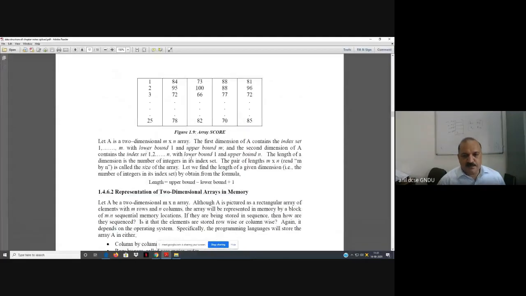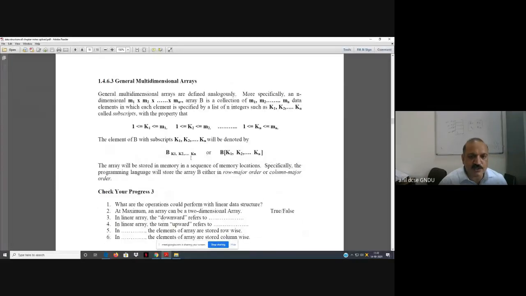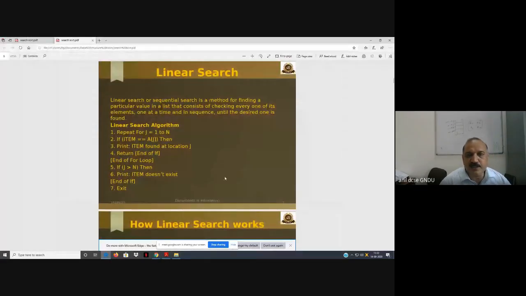So this is all about the discussion of arrays and their operations. Now we'll discuss other operations performed on arrays, that is, the linear search algorithm. We perform searching operations for nearly all data structures. On an array we perform two types of searches: linear search and binary search. Linear search we have already discussed in the complexity of algorithms.